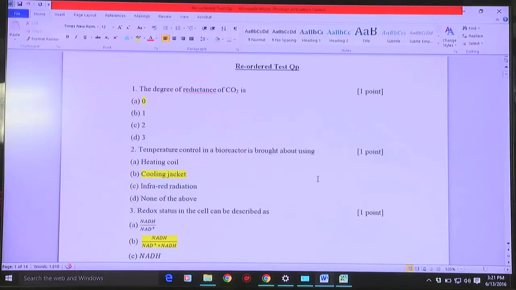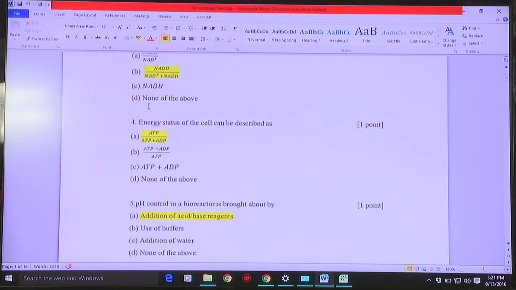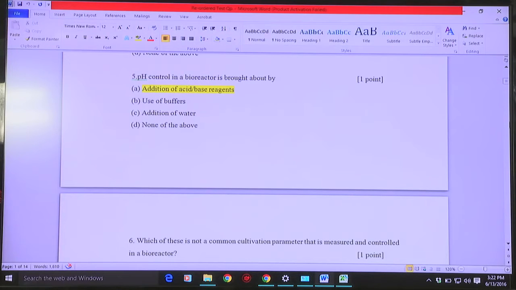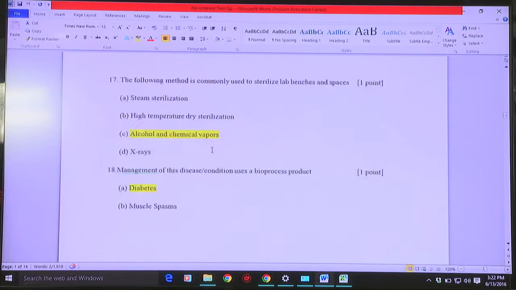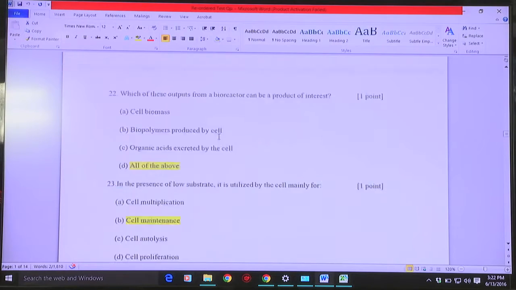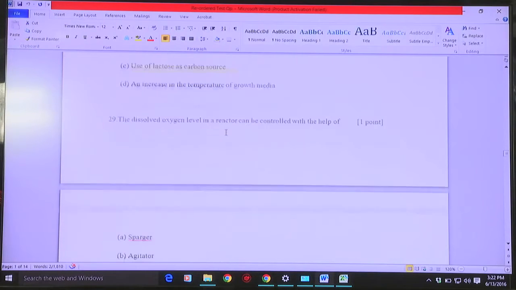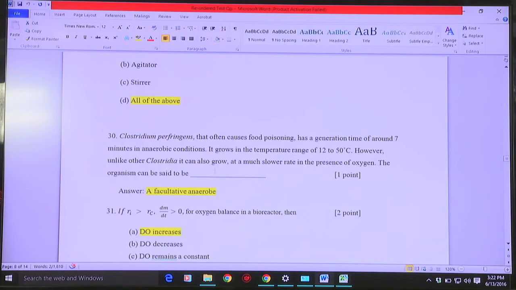Then second thing, we need to reorder the question paper first. You have worked on that already, I think. Here I have a reordered question paper. You can see from 1 to 29, it is multiple choice questions with 1 point each. It is all one mark questions. The thirtieth question is a short answer, so I have selected 1 to 29 as one section.